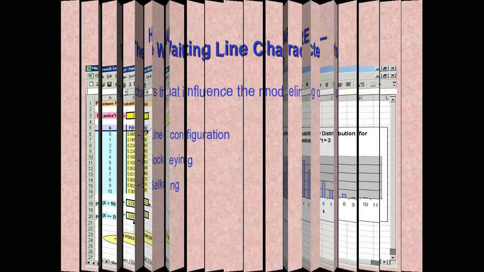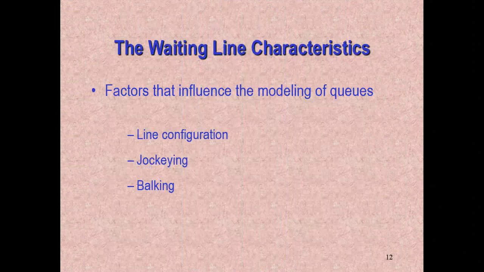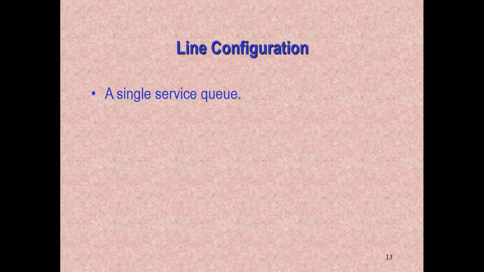because I want to talk about just characteristics of a queue first, okay? So let's talk about the waiting line characteristics. And here are some terms that we are going to define before we start talking about the arrival pattern. I know it's a little bit different, but first of all, we're going to talk about something called line configuration. Okay?